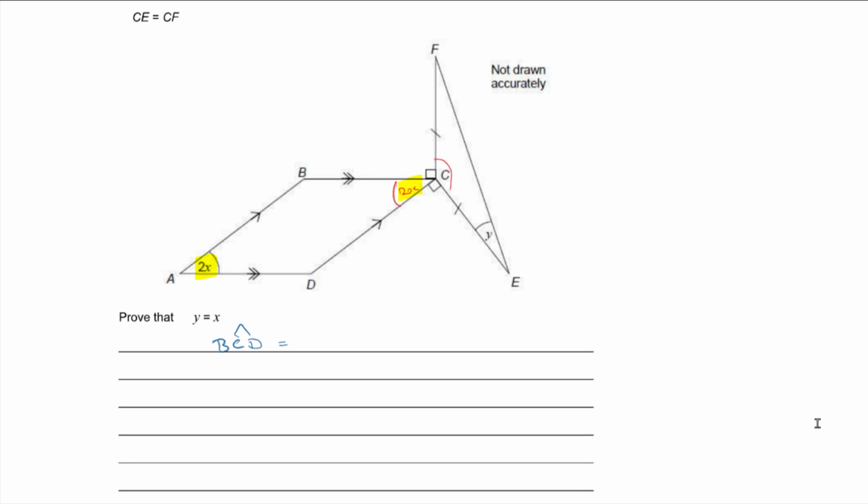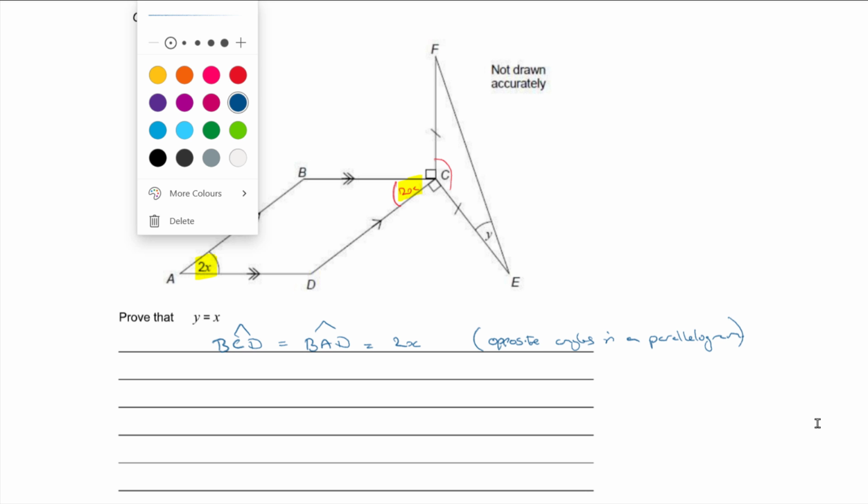So I'm going to say that angle BCD is equal to angle BAD, and that's equal to 2x. And the reason for that is opposite angles in a parallelogram. Okay, that's my first conclusion, and now I've got angles at a point that I can use here, aren't I,